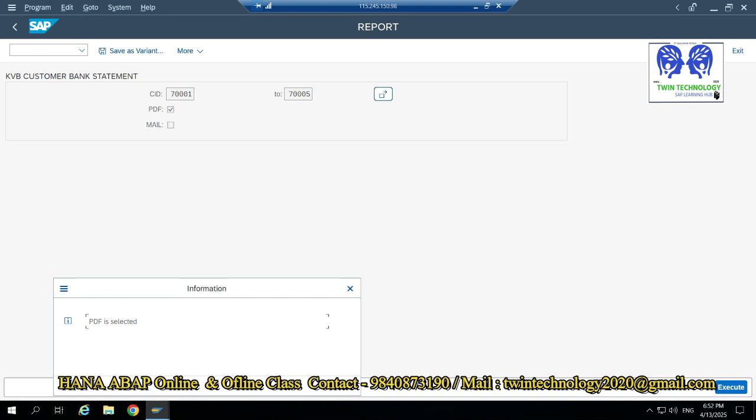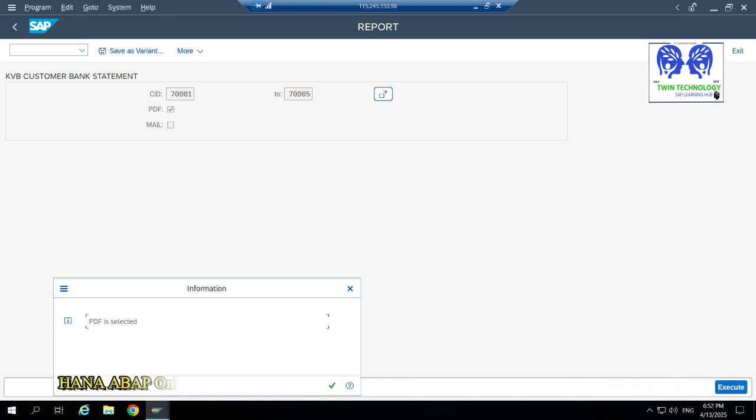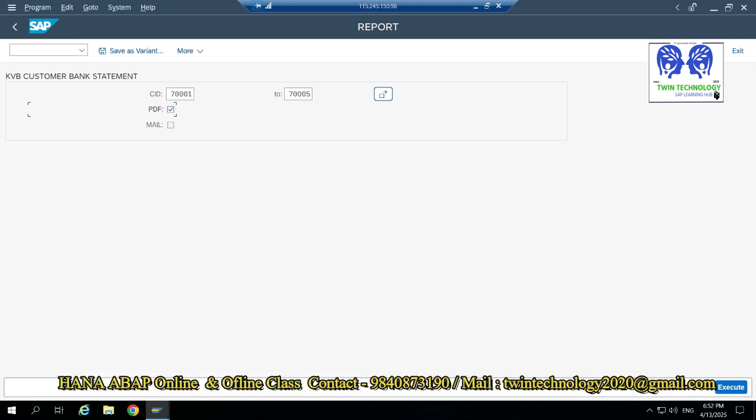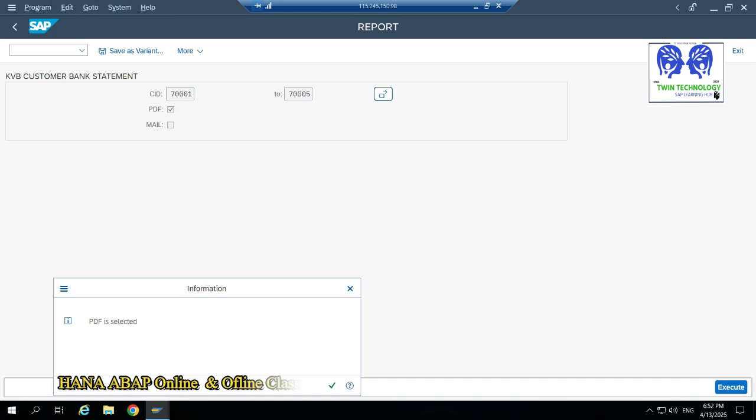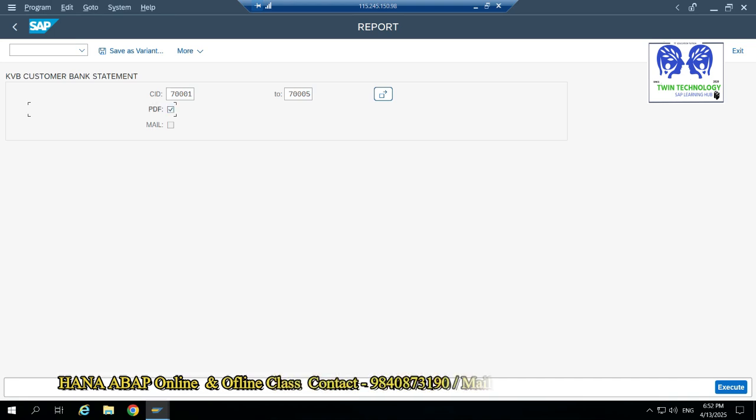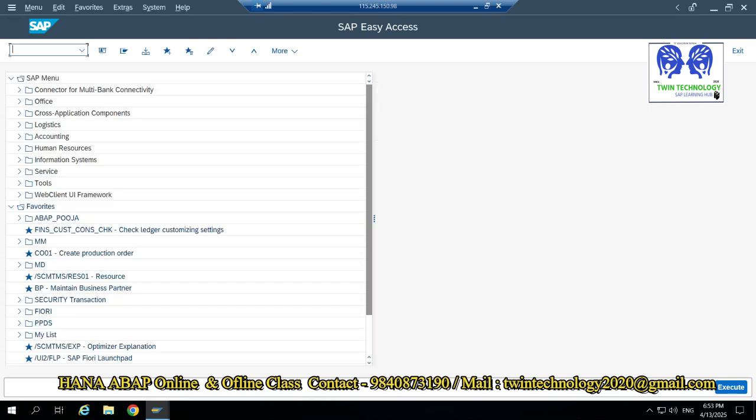Right. Now, here the second event is selected so that I got some information. But see, the mail is hidden. How? I'm not doing anything. When I click my PDF and enter, after closing it, see, the mail is grayed out. Here I am using the third event. What is that? Can you guess it? Again I tell you, I select my PDF, enter, the at selection screen event is triggered, then the gray out